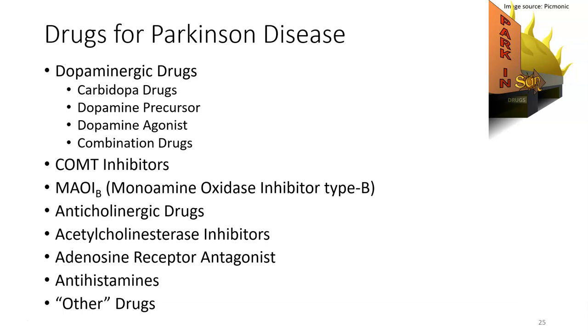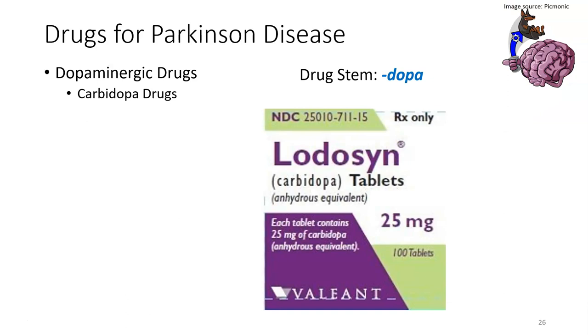So the goal is to restore the balance between the dopamine and the acetylcholine. We can do this by either replacing or enhancing the dopamine activity in the brain, or by blocking or inhibiting the actions of the excess acetylcholine. So there are several different drugs, and they'll work through many different mechanisms. Again, I've reordered these, so if you're following with the textbook or even the guided notes, these aren't going to